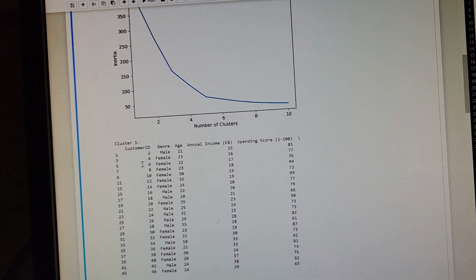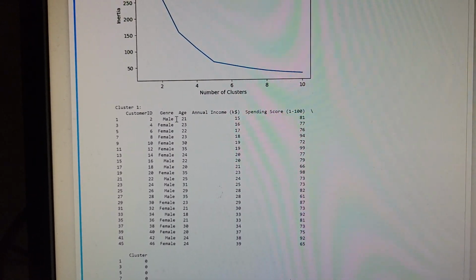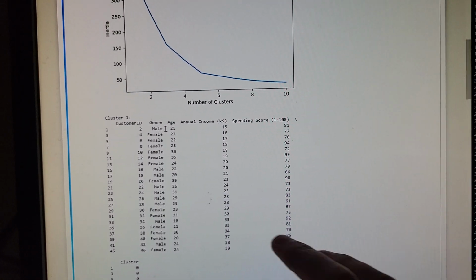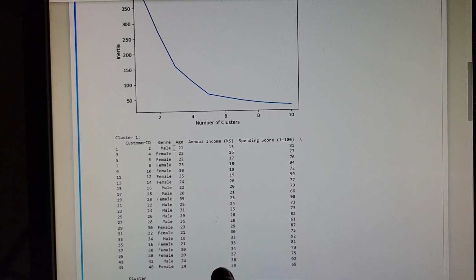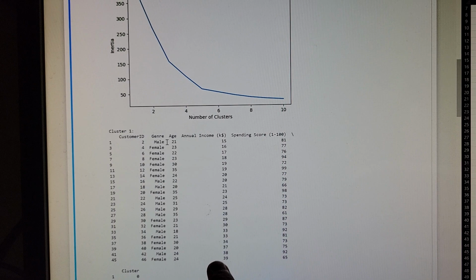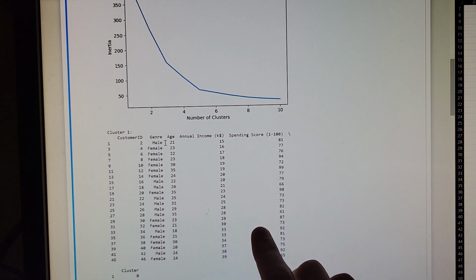2, 4, 6, 8, etc. It's kind of picking out the correct customers for that kind of cluster. So you can see by this one, just based on the data we've got here, we've got low annual income, starting at 15k and ending up at over $39,000. And then if you go here, you can see our spending score is up nearer the hundreds, suggesting a